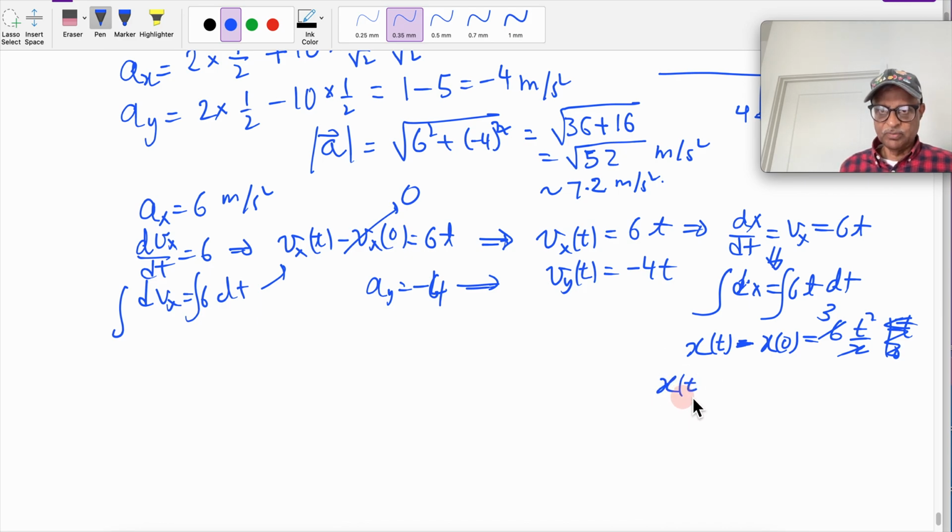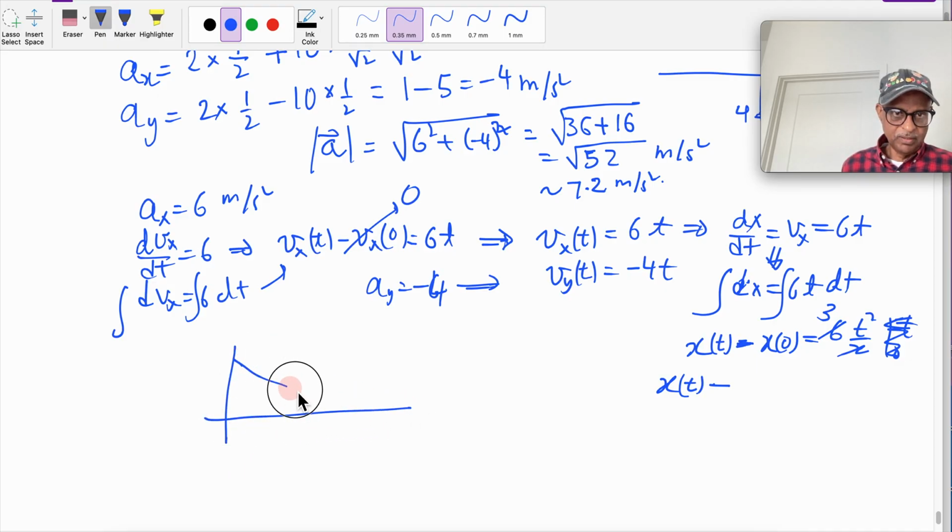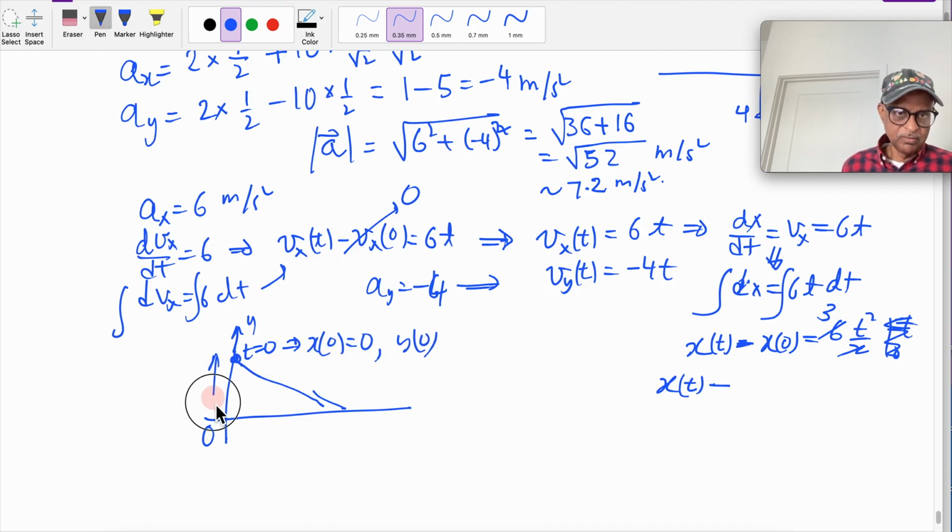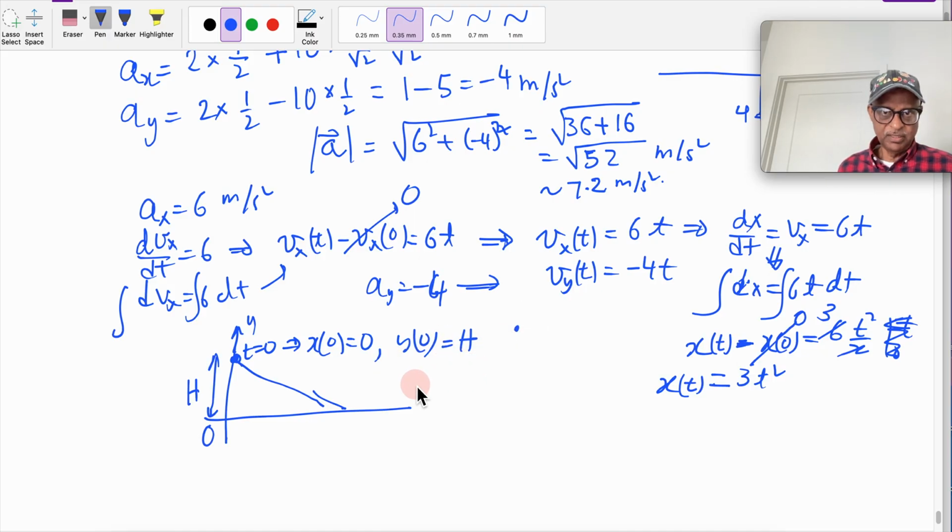So x at t equal to 0, right on the axis, block was there, so x at 0 is 0, but y at 0, let's call this height of the block h, is h. So this is 0, 3t square. So it will be at some point here,